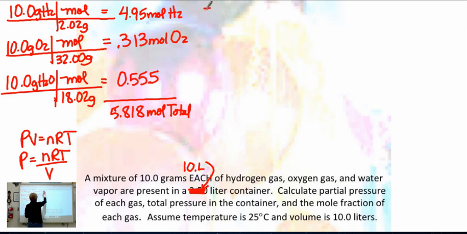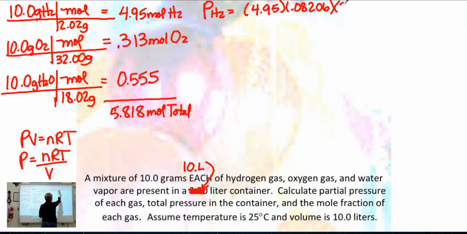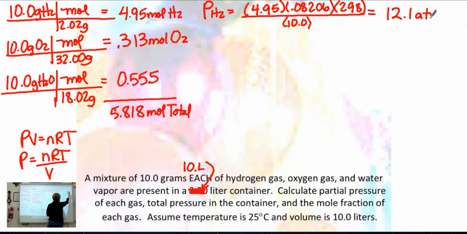So for the first one, my pressure of hydrogen is going to equal 4.95, 0.08206. My temperature was 298, and my volume is 10. So my pressure of hydrogen gas is 12.1 atm. For the oxygen, the pressure of oxygen, we'll set it up the same way, 0.313,